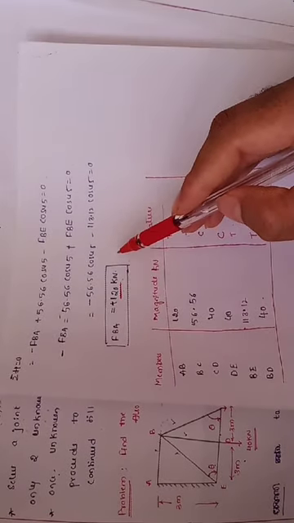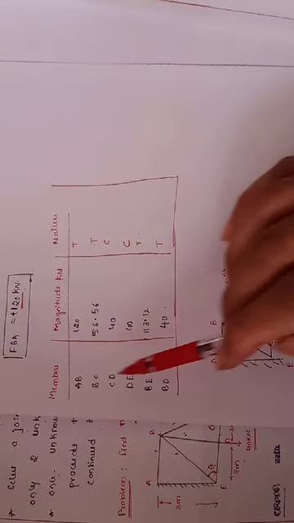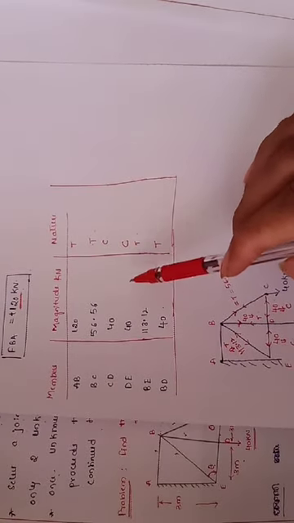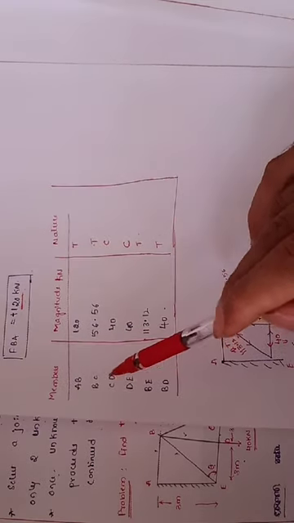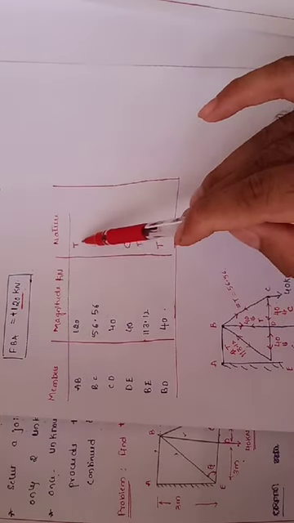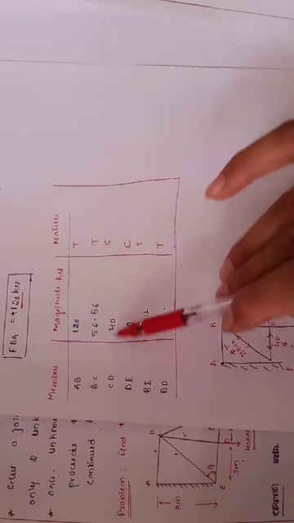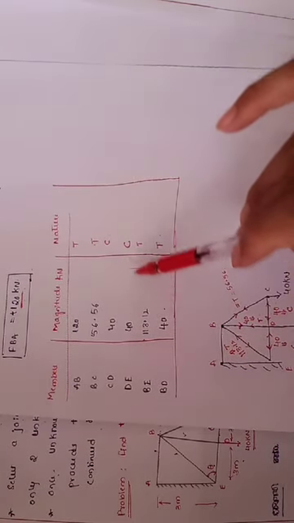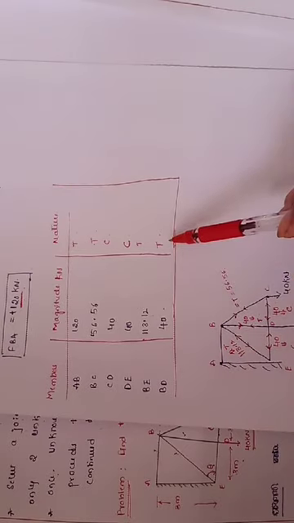Once you have got all the unknown components or the member forces, what you are supposed to do is draw the chart like this, and show what is the nature of the force, what is the magnitude, and what is the member. My member AB is subjected to 120 kilonewton in tension. Nature of the force will be tension. BC is subjected to 56.56. Nature will be tension. CD will be 40, it is compression. DE will be 40, it is compression. BE will be 113.12 kilonewton in tension. BD will be 40 kilonewton in tension.